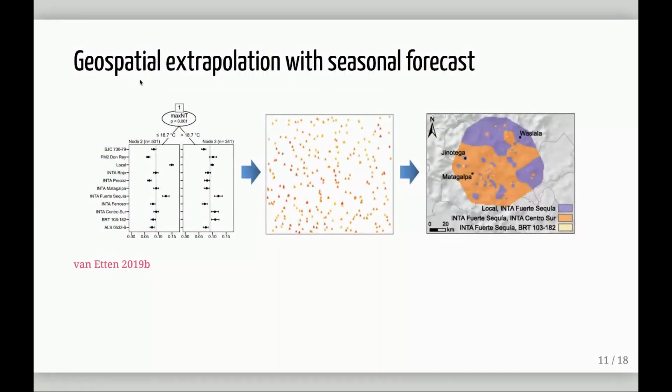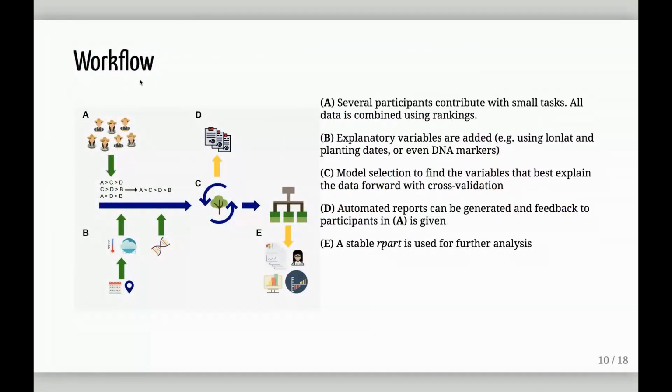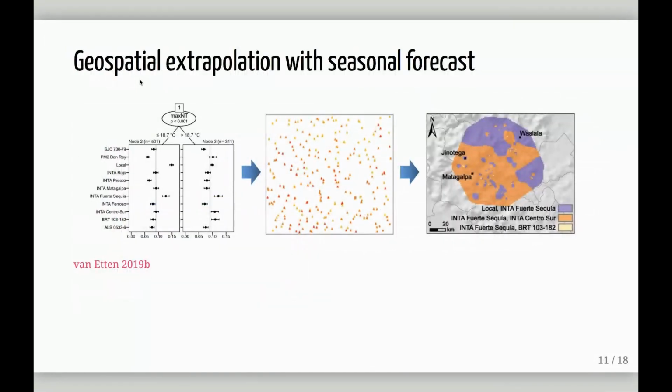So, for example, after part E, we can continue this analysis. We have the tree, and then we can make a geospatial extrapolation with seasonal forecasts. Imagine that you have the forecast for the next season on bean production in Nicaragua, and based on this forecast, we can create this map. Visually, the map is not so beautiful, but at least it represents the